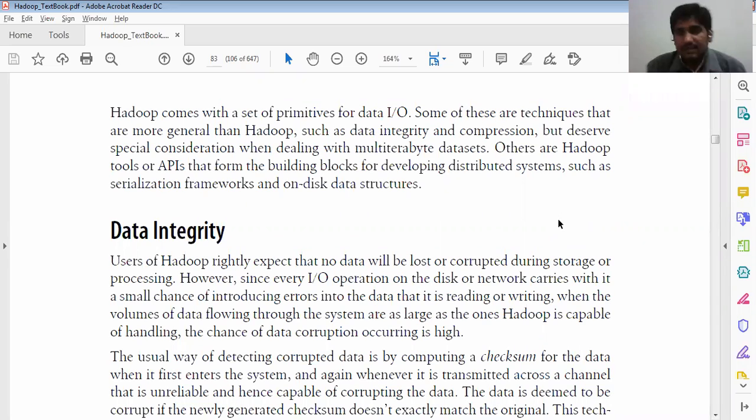Okay, we saw about Writable and WritableComparable, how we do it with the Java comparator. I remember these and other things we discussed, so once again we can refresh our things. Hadoop comes with a set of primitives for data input and output. Some of these are techniques that are more general than Hadoop, such as data integrity and compression, but deserve special consideration when dealing with